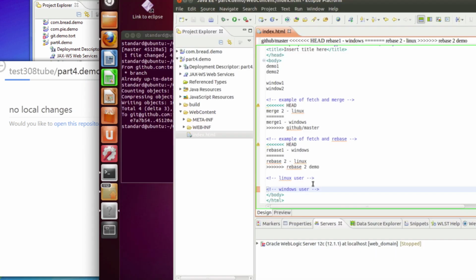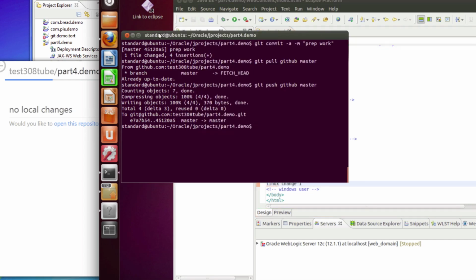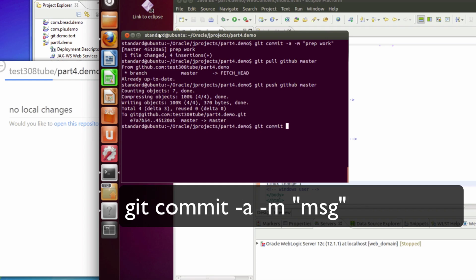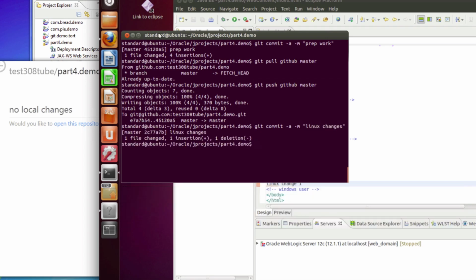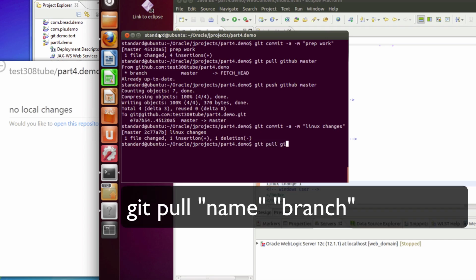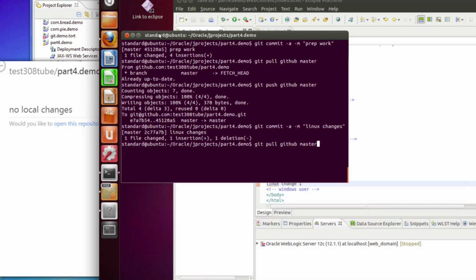So over here, I will make a Linux change 1. I can save that. Then I can do a git commit -a -m Linux changes, and then I can do a git pull GitHub master,